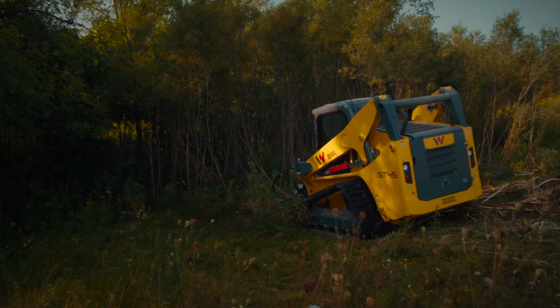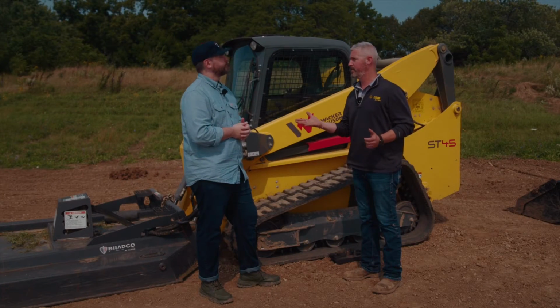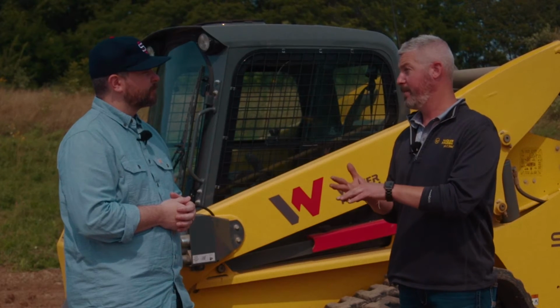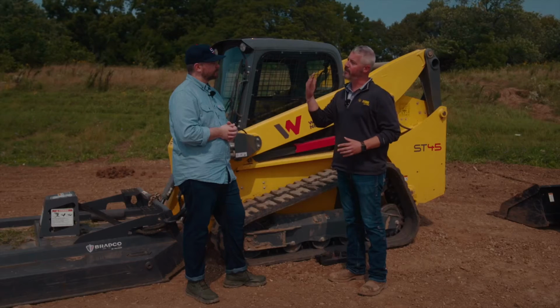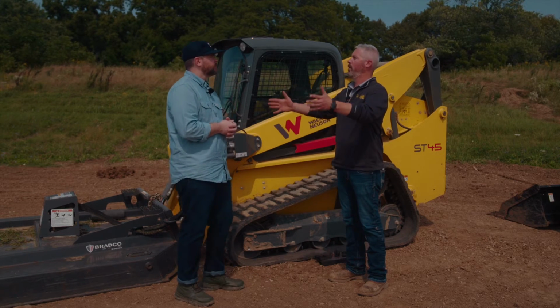With the ride control, tell us a little bit about how the skid steer in particular benefits. The ride control system that we have is an automatic ride control. There are two ways you can do that. You can do it either load-based or speed-based. We do a speed-based automatic ride control. So when you reach a certain speed threshold, the ride control turns on, and now you've got that loader arm